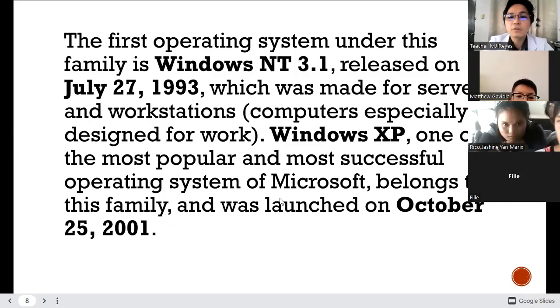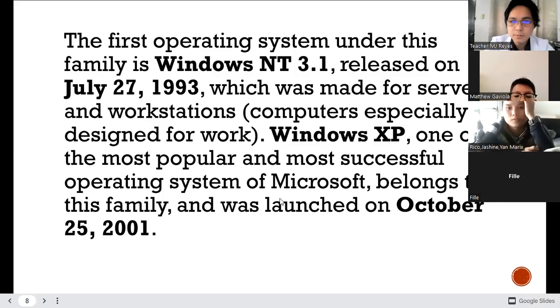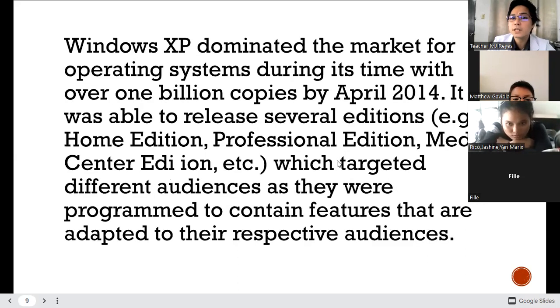Okay. Windows XP, which was really common before, one of the most popular and most successful operating systems of Microsoft, belongs to this family and was launched on October 25, 2001. Windows XP dominated the market for operating systems during its time, with over 1 billion copies by April 2014.